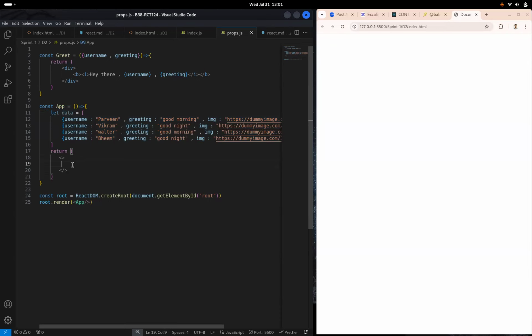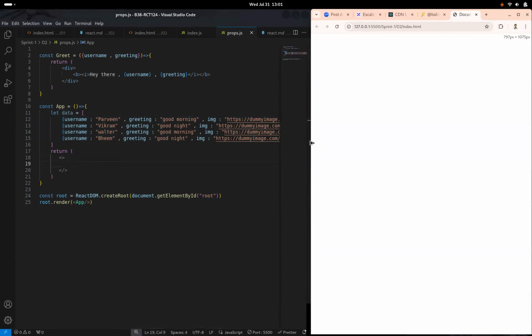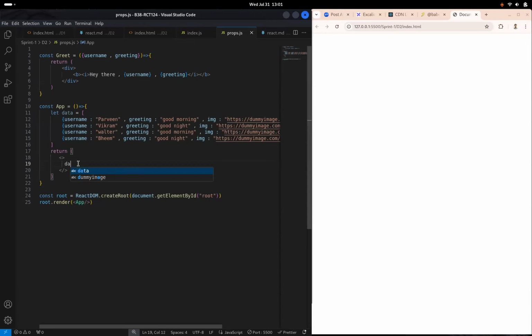Map. Why map? Why not forEach? In JS unit, we were using forEach a lot because, given that we are using JSX, something is expected from a function, right? And if you are running a forEach, you can't return anything. In that case, we'll throw an error. So what we want to do is pick the data and do a map